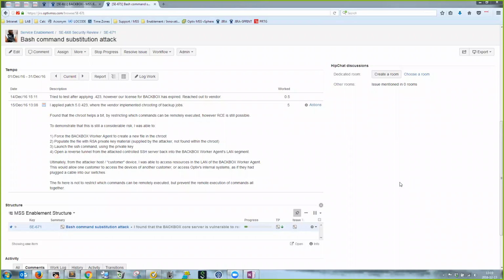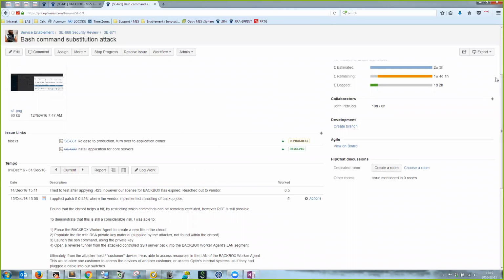Okay, so here is an update on the status of the BackBox bash command substitution attack as of December 15th, 2016. It appears that they've made some changes to run the backup jobs in a chroot so that you only have access to certain commands on the device. However, I am still able to execute commands